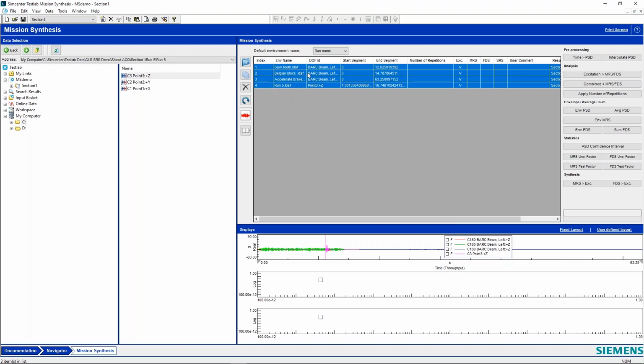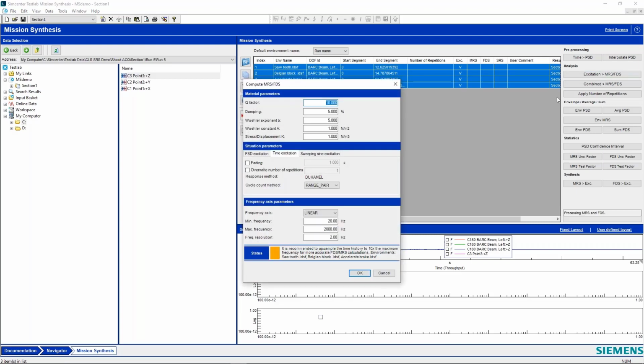And we have all these highlighted. And what we're going to do is calculate our FDS for each one of these environments. So we hit this button up here, excitation to MRS FDS, and it's going to come up with this dialog where we can start plugging in some material properties that we discussed before.